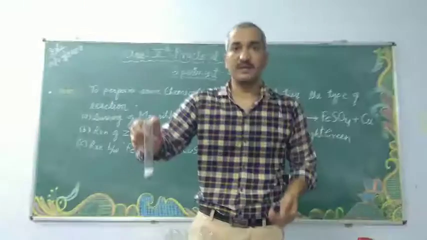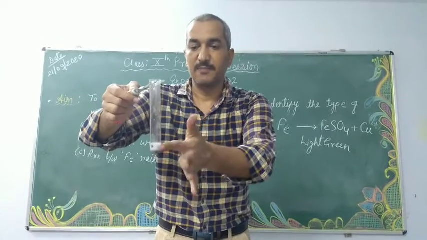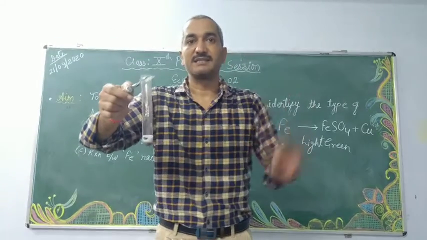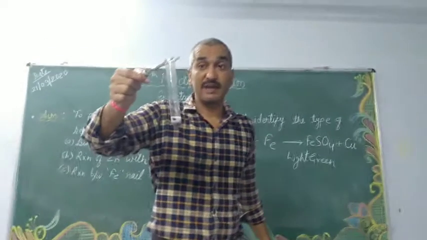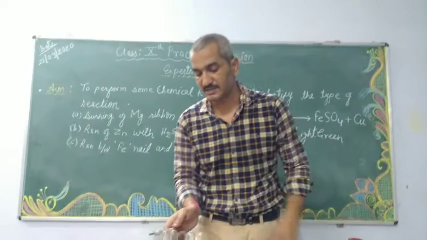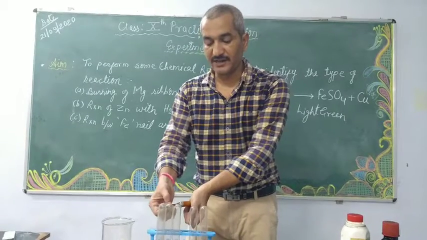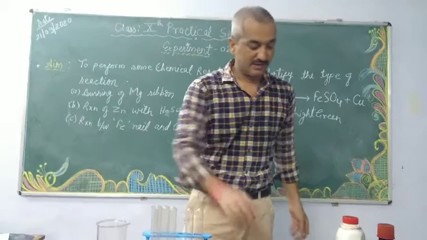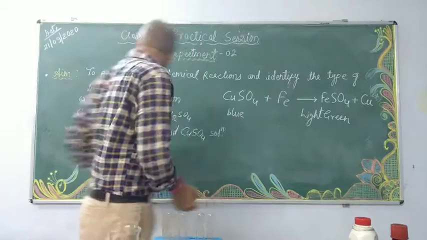Now see what actually happened in this. After this reaction, this test tube becomes hot. The temperature of the test tube increases. Got it? Because this reaction involves heat. Heat is evolved during this reaction, and such kind of reactions are also called exothermic reactions. When quicklime is added to water, it also becomes very hot. Okay. So what actually happened here?